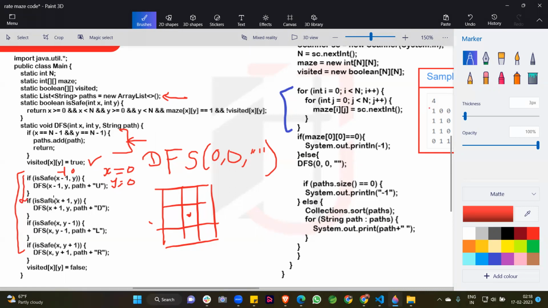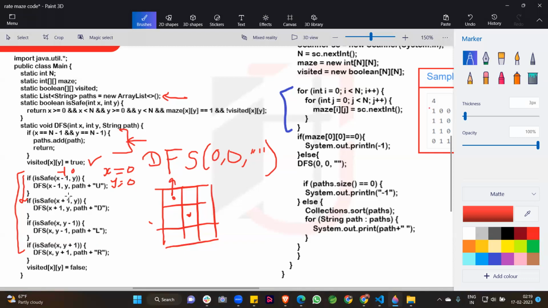The simple meaning is we are at this position and we can't go upward. We are at the 0 comma 0 position and we can't go upward, you know very well. This condition is for the upward condition, so we can't come to this position. After that, this if condition is executed, is safe, with the value x plus 1 comma y, where the value at the start is 0 comma 0.